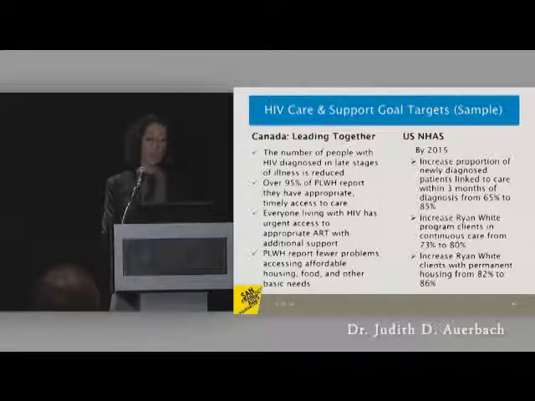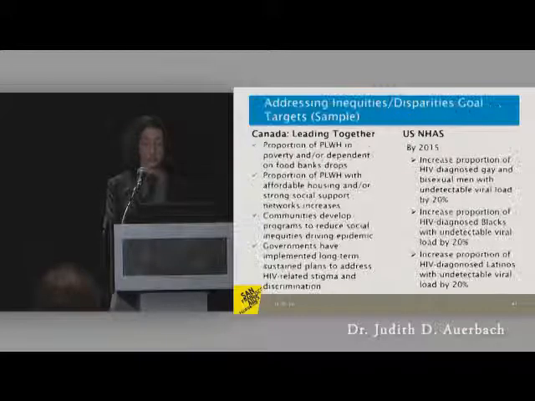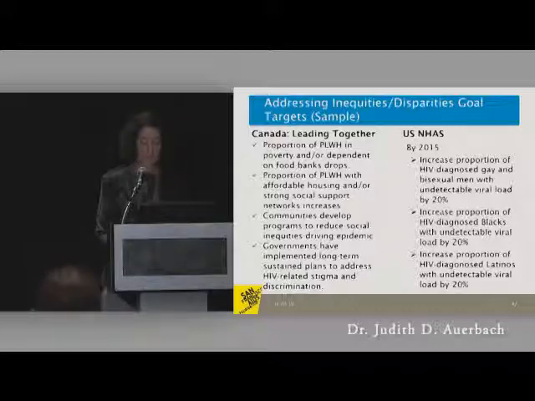And then the inequities and disparities goals that each strategy framework plan has are also somewhat similar, although ours get very specific about diagnosis, because we have so many people who we believe are living with HIV who do not know they have HIV infection, anywhere between 20 to 25%, but the rates may be higher in certain populations defined by ethnicity or geographic location. So the goals have to do with addressing that in particular as a way to get at the disparities in care and health outcomes.